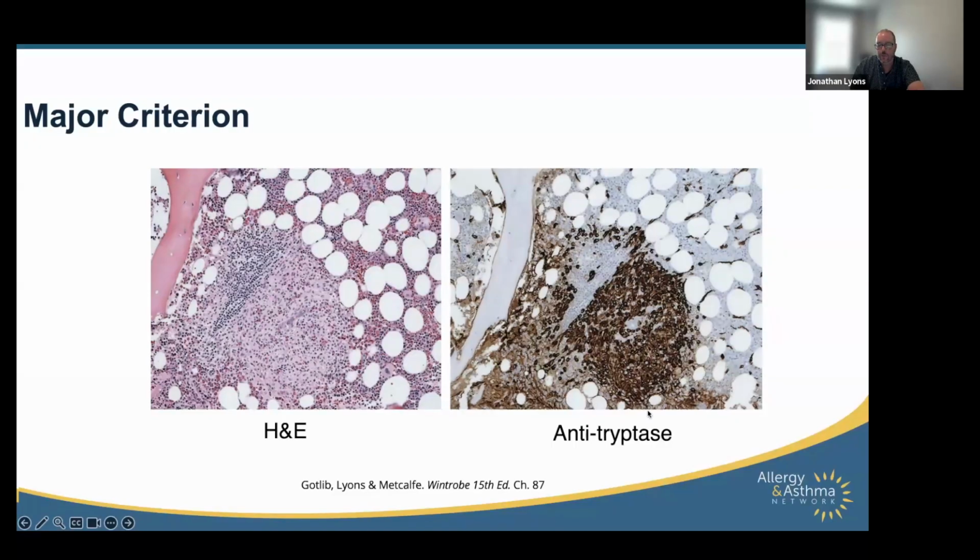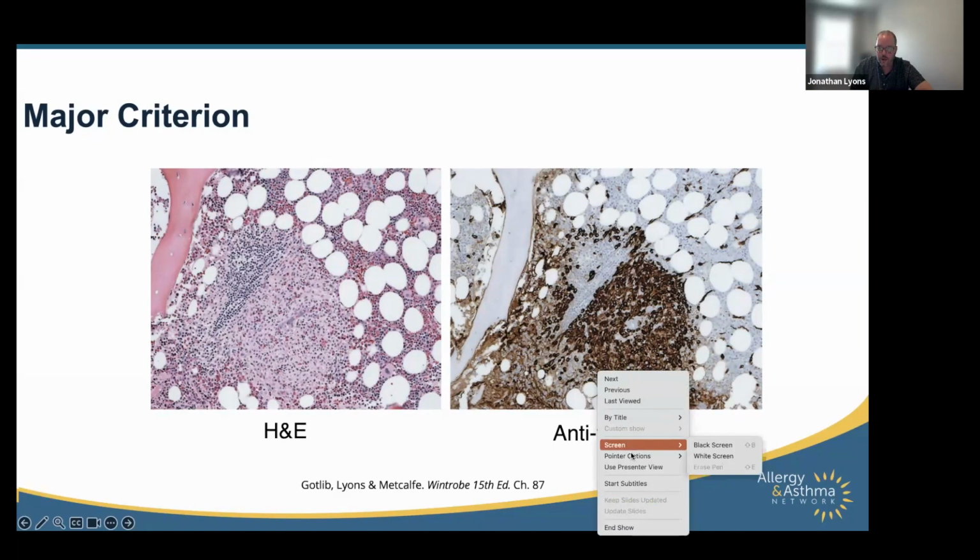When you stain for tryptase, oftentimes people will stain for KIT as well. Either is okay. You will see that there is this dense aggregate. You can see way more than 15 cells in this area. And you can see some of them are spindle shaped. So if you look to the side with that long, skinny looking cells over there on the far right, those would be considered, I'm gonna just get my laser going here.